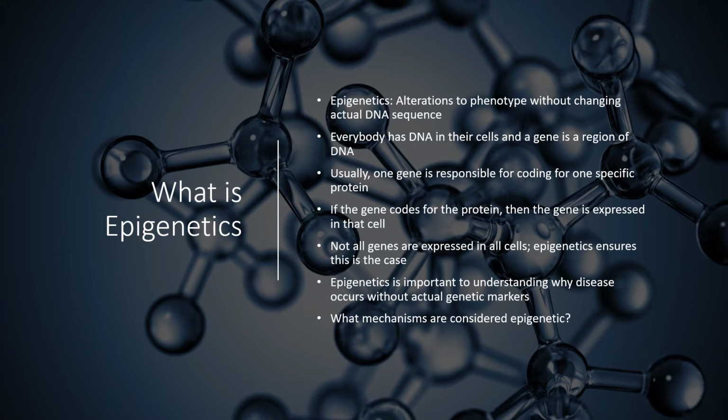For example, let's take a neuron, which is a specialized cell in the nervous system. While a neuron will code for proteins relevant to its cell function, it might not code for all the proteins in its DNA, say proteins that specialize for a red blood cell. Inversely, a red blood cell isn't going to code for proteins that are required for a neuron only. Epigenetic mechanisms that occur on a molecular level regulate what genes are expressed in what cells without actually changing the DNA sequence in either. Thus, epigenetics is a series of processes that all life needs to survive.